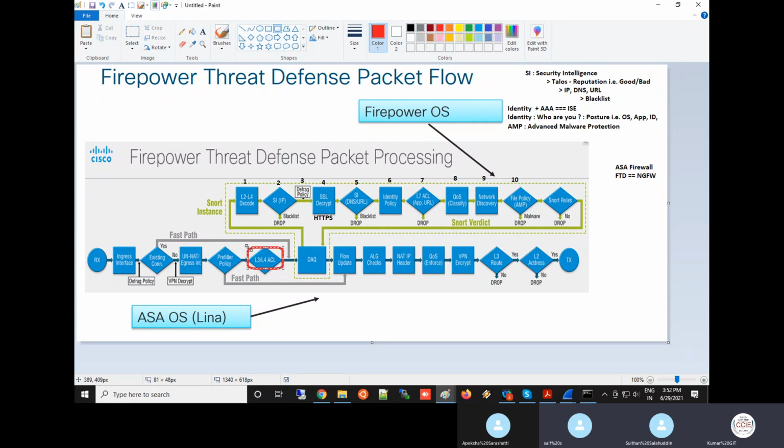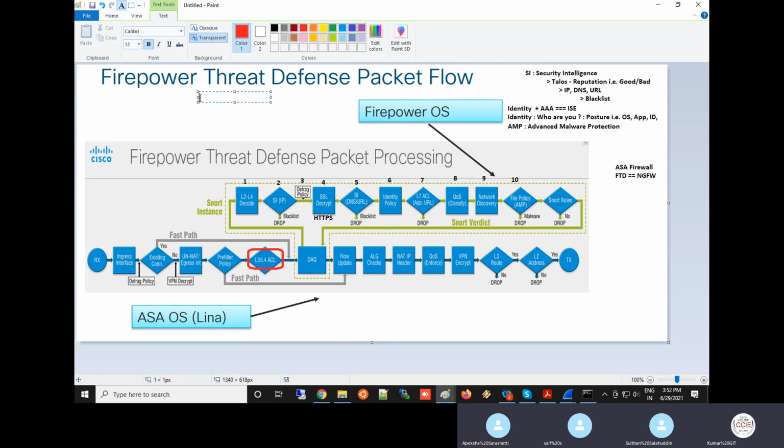Can you see this red box, right? Yes, sir. This is the function of the ASA firewall. Okay, ASA they mentioned here. Now, what are the two engines we have in an FTD? Snort and one more. Snort engine, and one more.